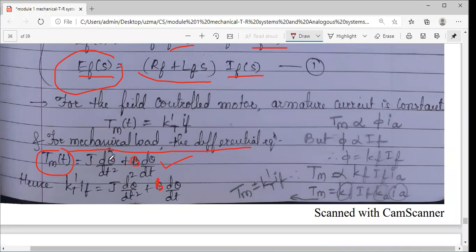Now if you see the torque equation, we have the theta term here, right? Theta and torque are there, but in the first equation you have E and I. How can I take the ratio? How can I get theta and E together? I want some term to be introduced in this torque equation which will give the current term. If the current is there, I can replace it here, right? Just like the earlier case. So I will again take the basics of the DC motor, the field controlled DC motor. We have the armature current constant here.